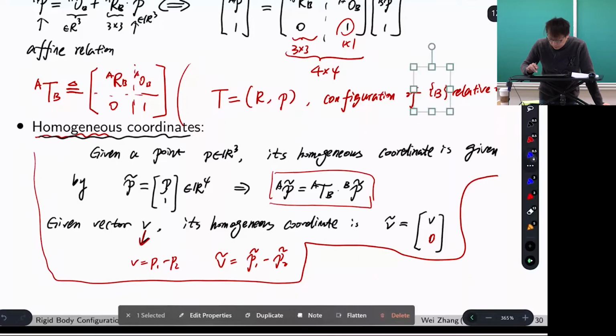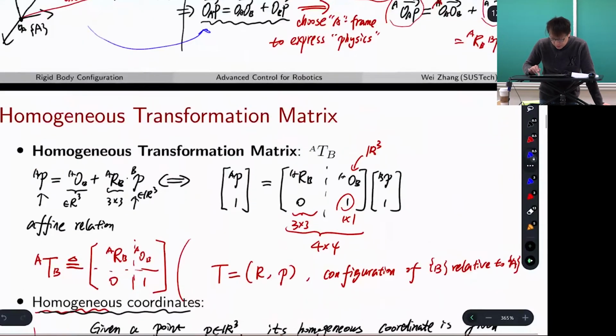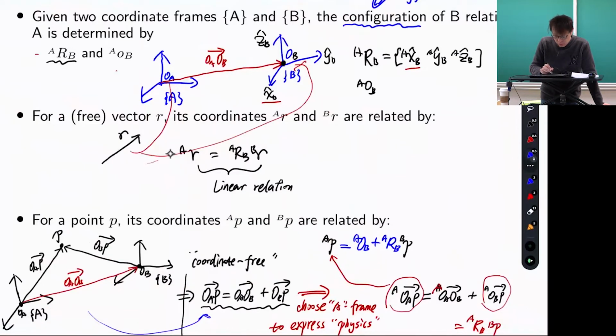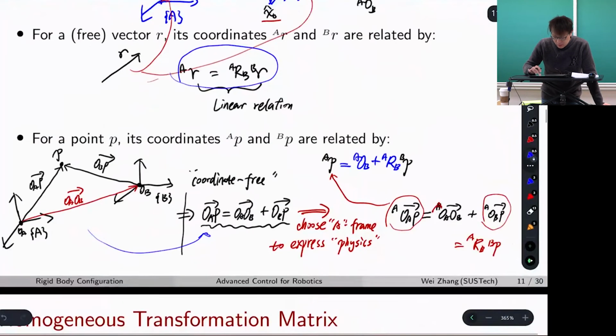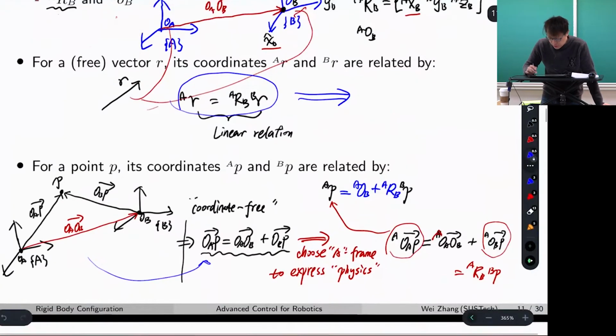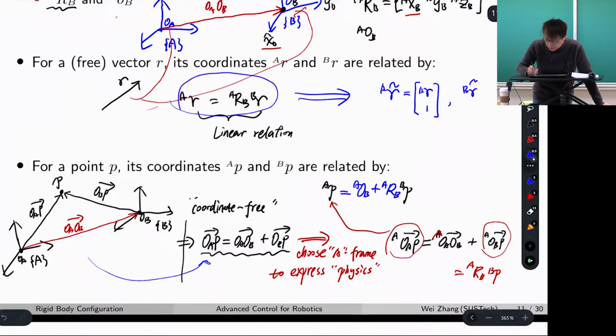For example, if I say R tilde A is R_A, 1, and R tilde B is R_B, 1,